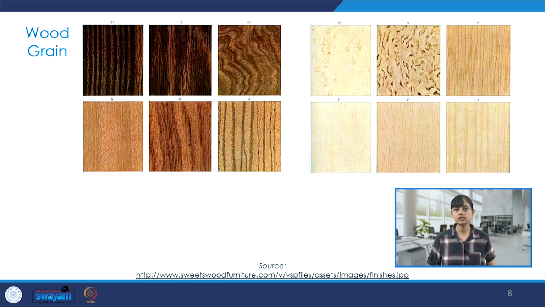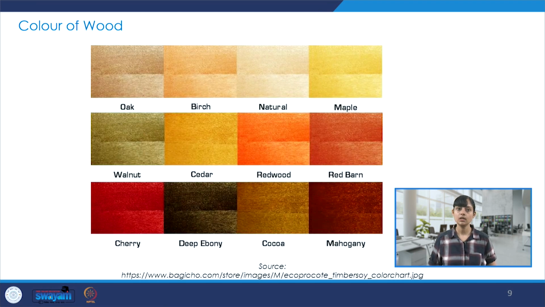So these are some images that show the different kinds of grains and patterns that one comes across looking at this plethora of types of woods which are available. And we could use them also as part of design vocabulary. And it's also important to understand the technical aspects, which we tried to do when we focused on the lecture, where we extensively talked about the woods. There are different types of colors in which we could find woods.